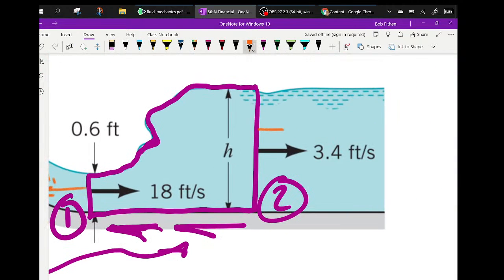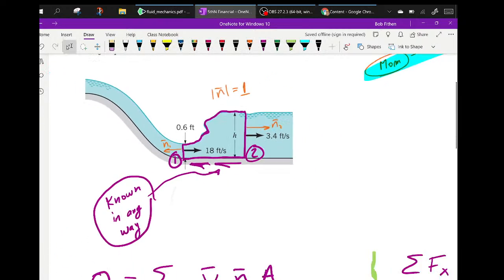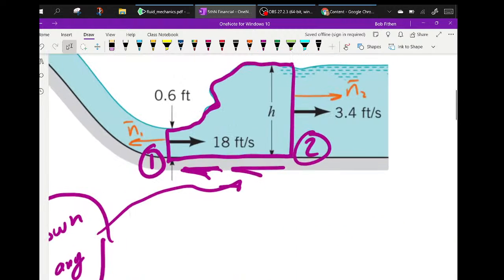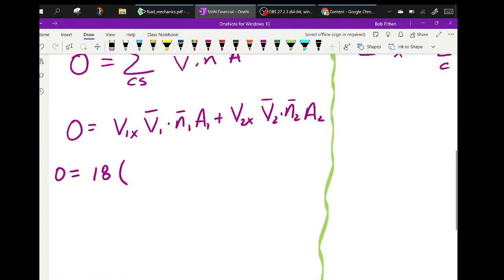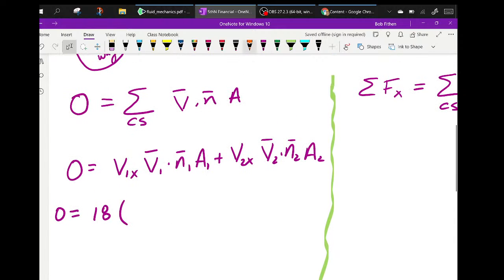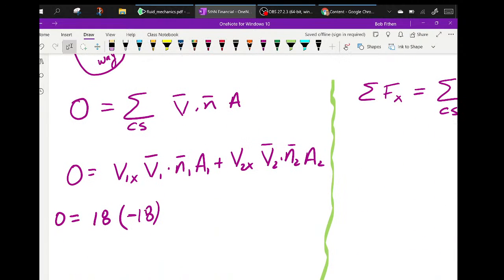Likewise, here's N2. Not to scale, obviously, because the length of N1, the length of all the ends is equal to 1. But what you get here is a dot product between these two that is negative. So you get a minus 18 times area 1. Well, the height is this times 1 into the board, so we're just going to call it 0.6 plus the exit